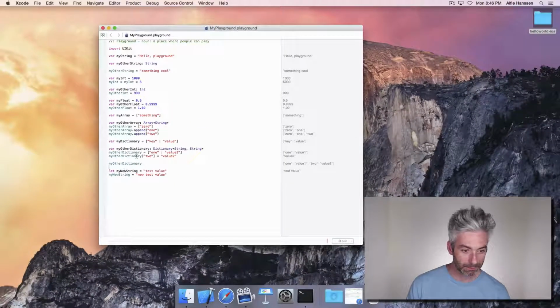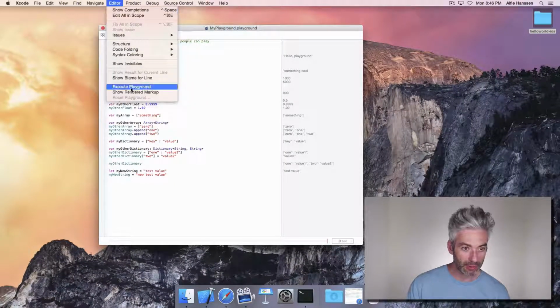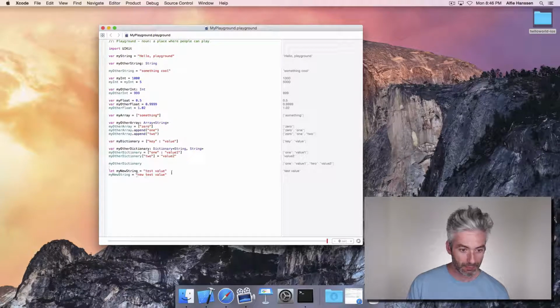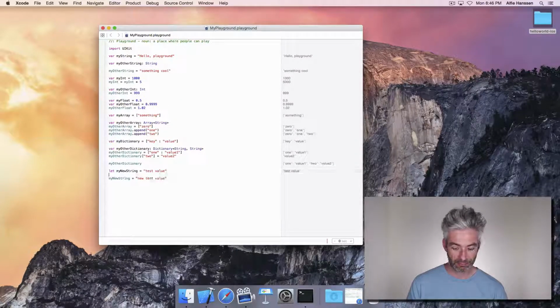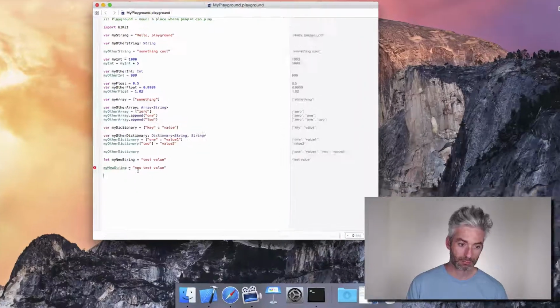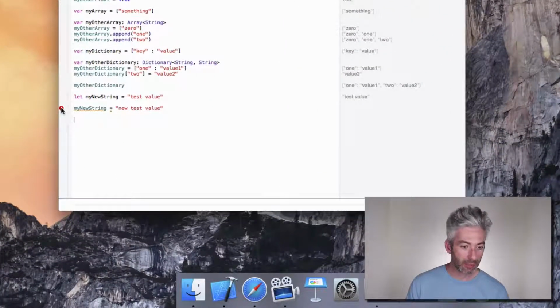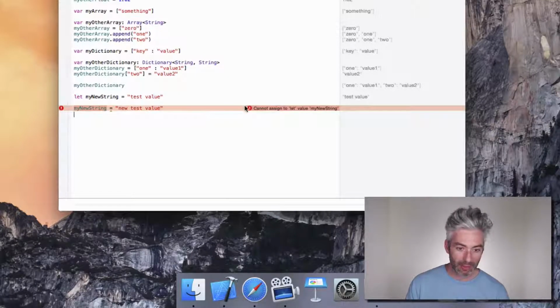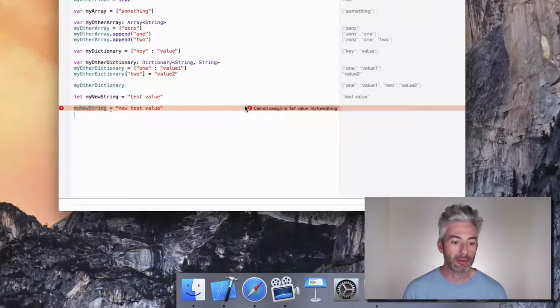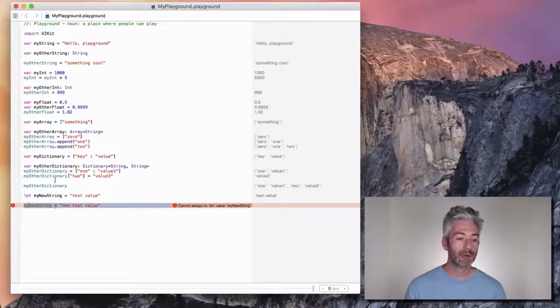Come on, Playground. Sometimes you gotta give it a little nudge and go up to editor and say execute Playground. There we go. So in the margin, we get a little warning. We get an arrow under the equal sign. And this is saying cannot assign to let value my new string. And this is basically the compiler telling us this is a constant value. Once you initialize it, you cannot change it. So this is an illegal operation,